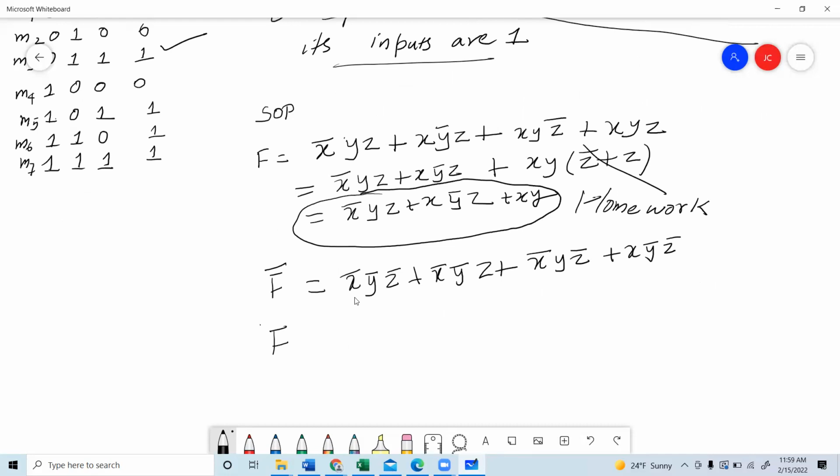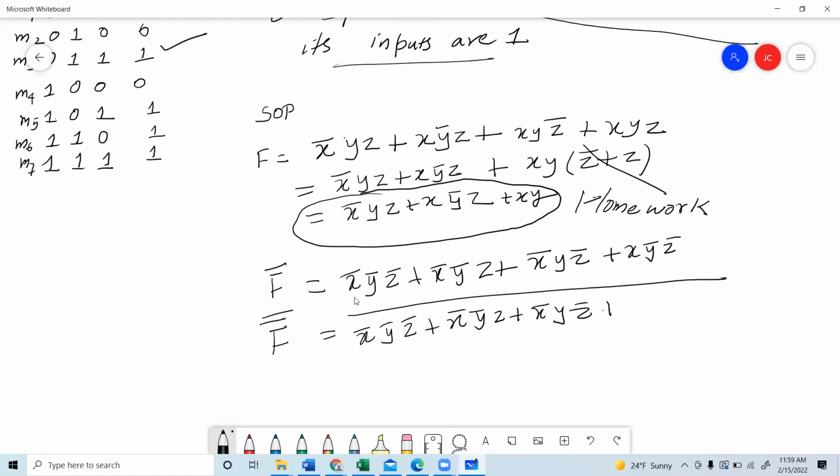So we will take the complement on both sides, applying De Morgan's law. The whole thing here is x bar y bar z bar plus x bar y bar z plus x bar y z bar plus x y bar z bar. Taking the complement, I can write x plus y plus z, dot, x plus y plus z bar, dot, x plus y bar plus z